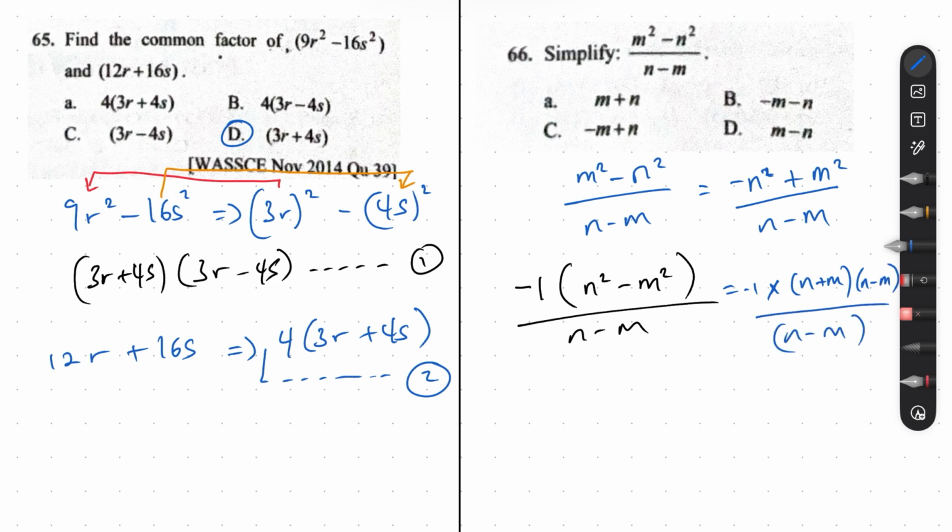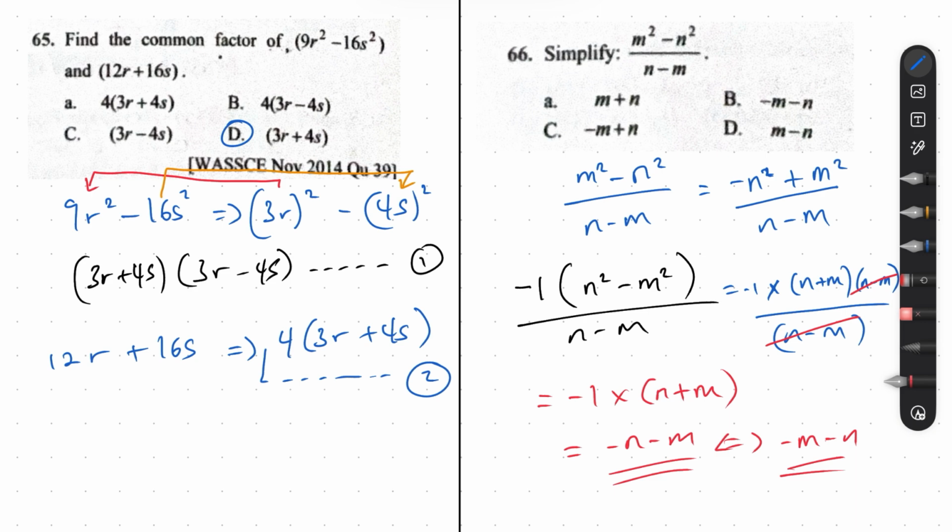The n minus m will cancel each other, and finally you have negative 1 times n plus m, which will give us negative n minus m. So that is our answer. And this can also be written as negative m minus n. We just shifted it. It's also the same thing. So our answer will be